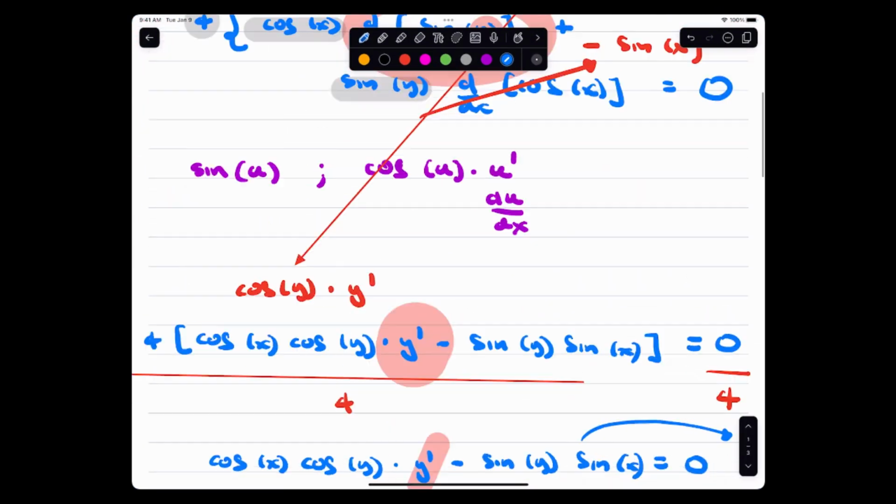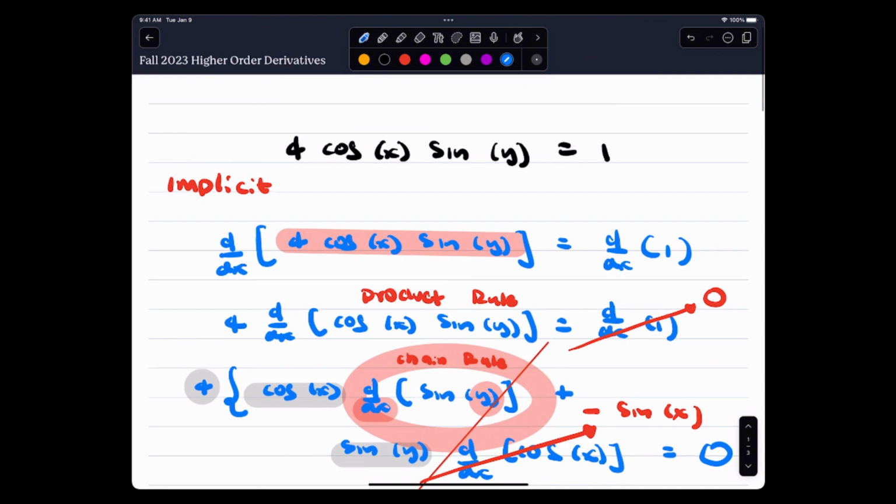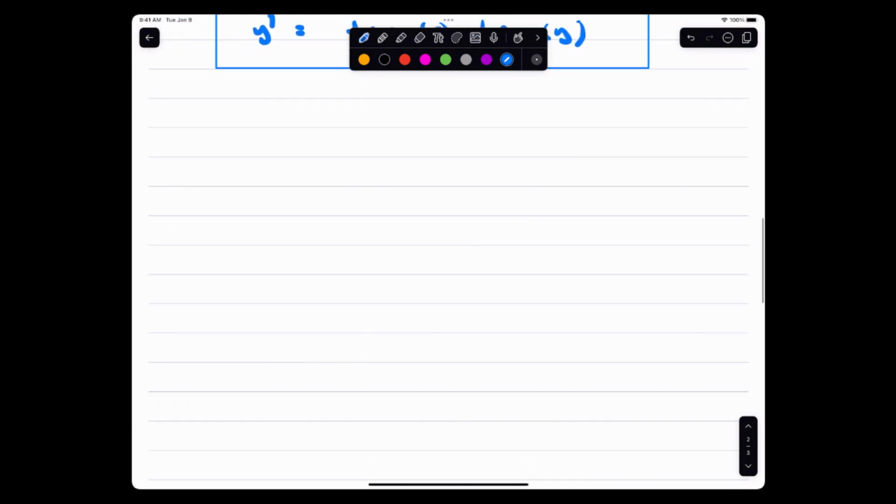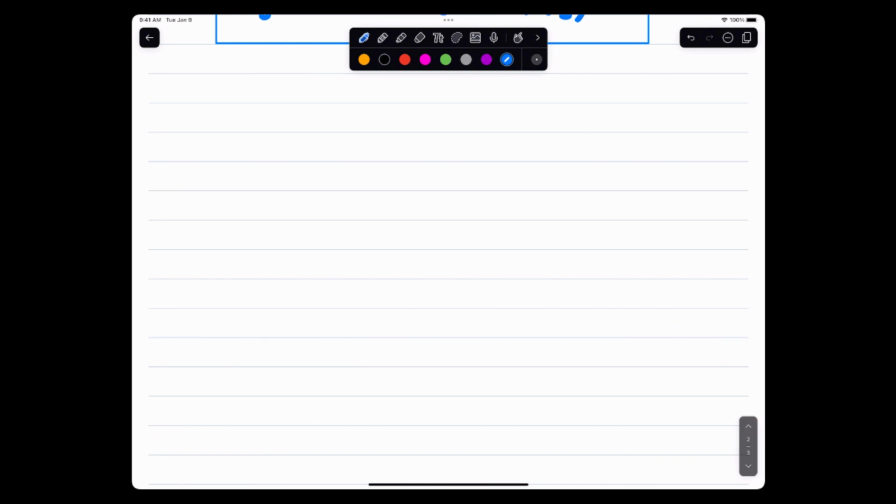Okay, now the title of today's lecture is really higher order derivatives, right? And you might say, what's a higher order derivative? I mean, they can even give you a higher order derivative here. So, higher order derivative